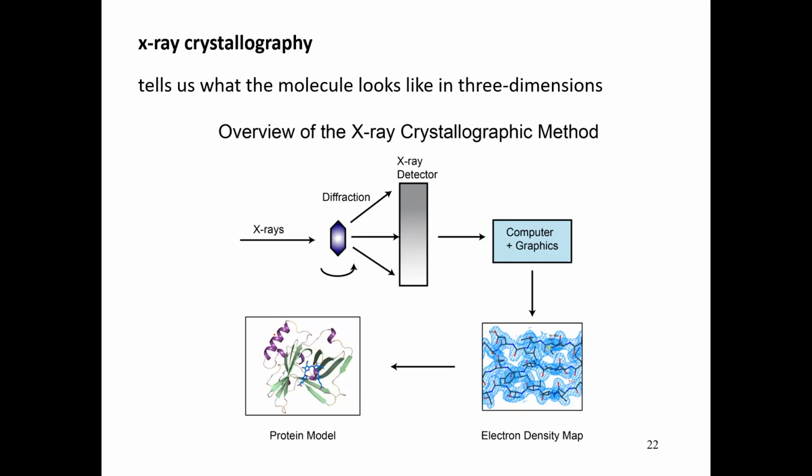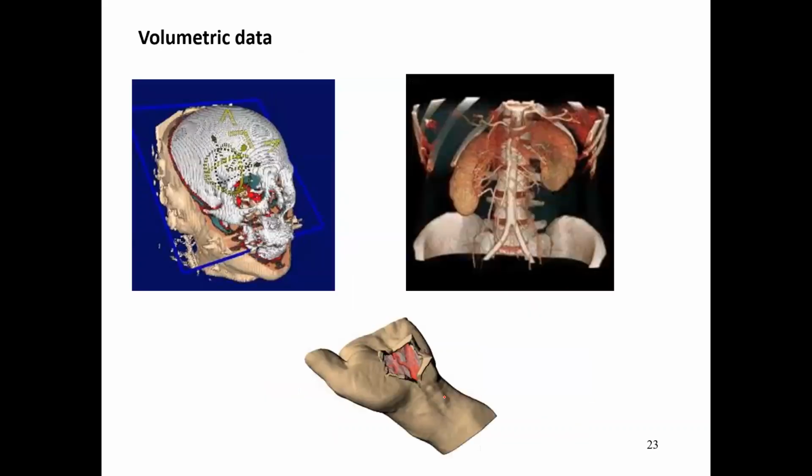So this is done by using computer graphics, right? We are using computer graphics over whatever the X-ray detector produces. Then we use computer graphics in order to generate the electron density map. And I told you about this volumetric data, right? Volumetric data is nothing but, again, I'm telling you, you are just visualizing each and every volumetric data graphically,